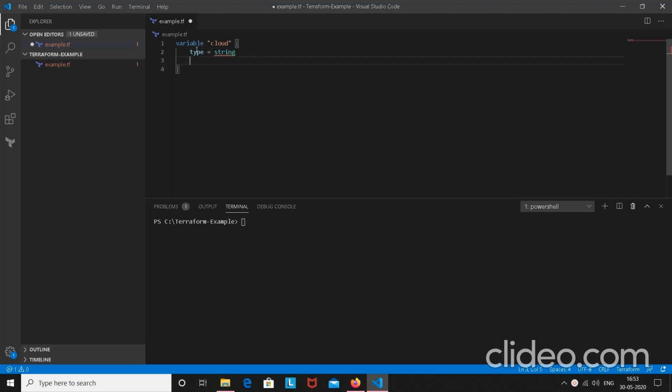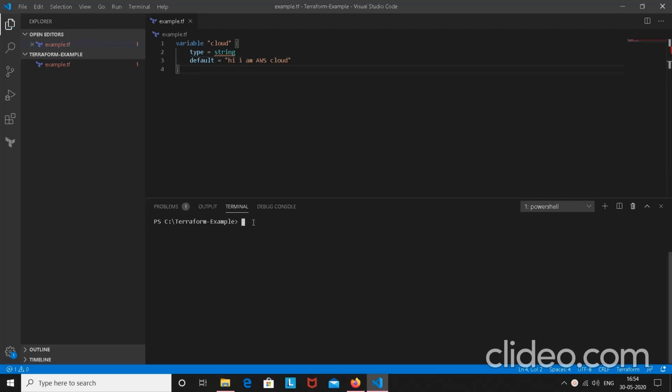The third step is the value I want to give for this variable. For that I need to use the tag default, and I need to place the value. Let's say I am going to use "hi, I am AWS cloud". Great. Let's save it. So this is my variable.